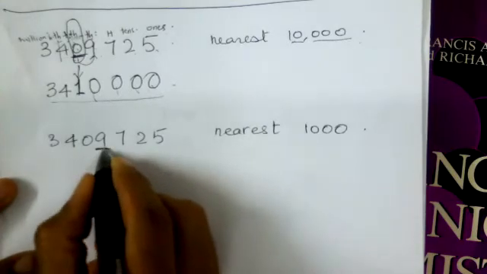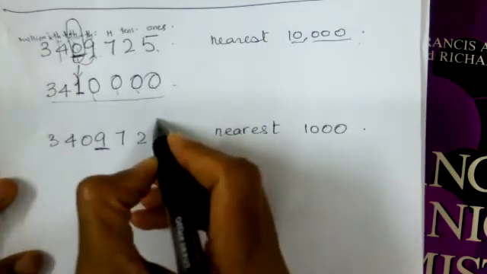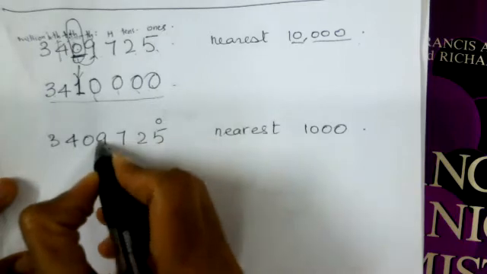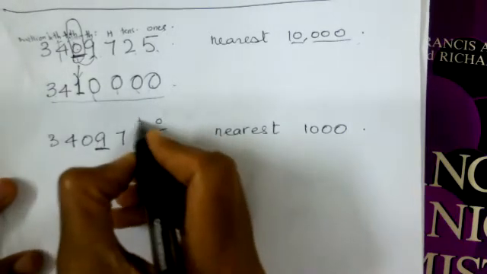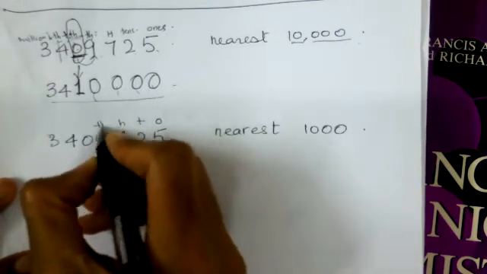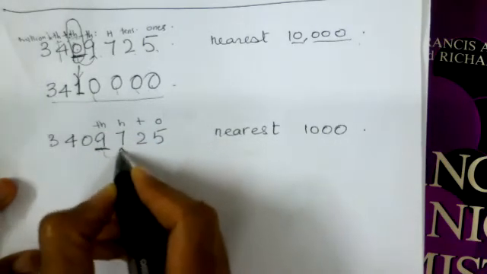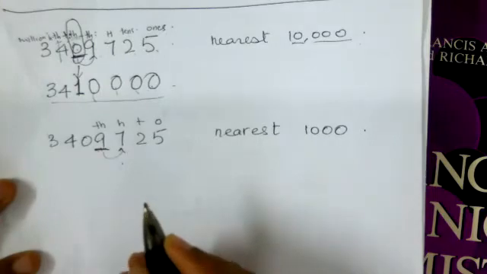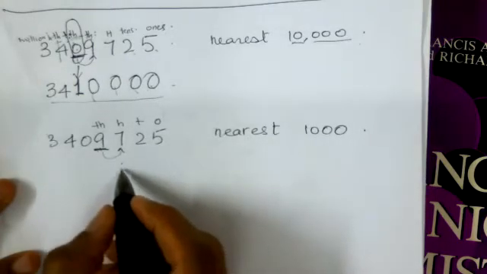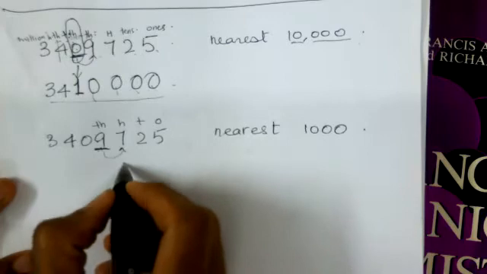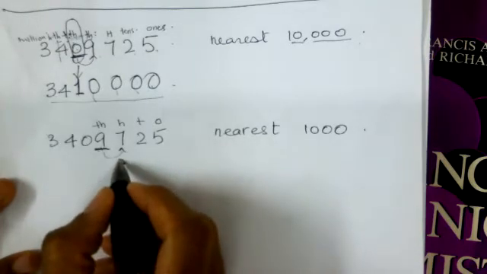Okay, we will underline 9. Also explain the reason. This is put in the thousands place, right? Ones, tens, hundreds, so 1,000. So this is 1,000. So I will underline this, and then we'll look at the digit next to it. The digit next to it is above 5. Right? So we will write 3, 4,